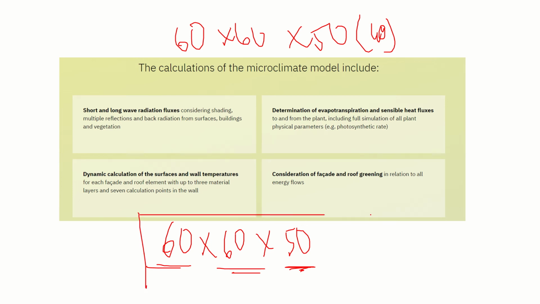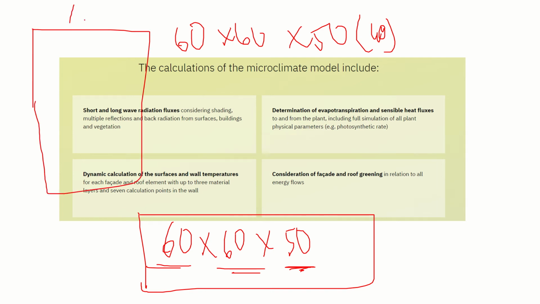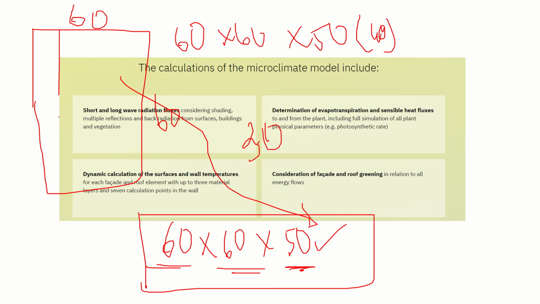So how do we understand this grid? Again, it's up to us. For example, let's say you have a site which is 60 meters by 60 meters, and the average height of the building is only 20 or let's say 30 meters. Your model will definitely fit into the available free version itself. Normally we don't do 1:1 scale modeling. We normally scale down the project itself.